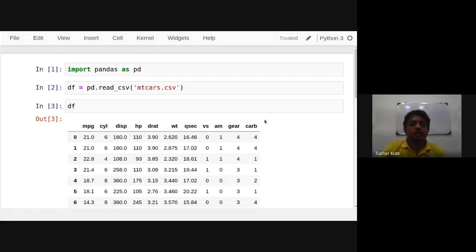Now we have to build the multiple regression model for the same.